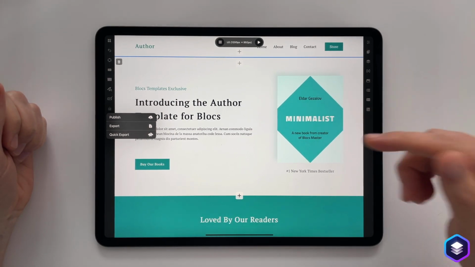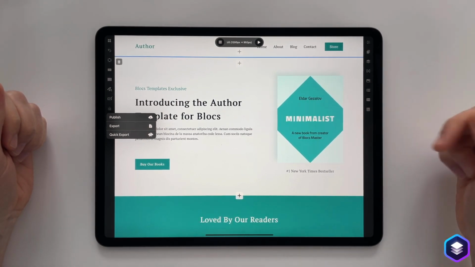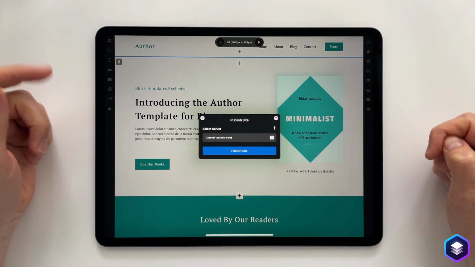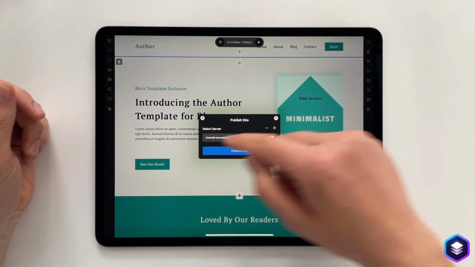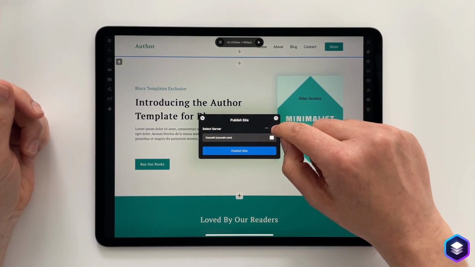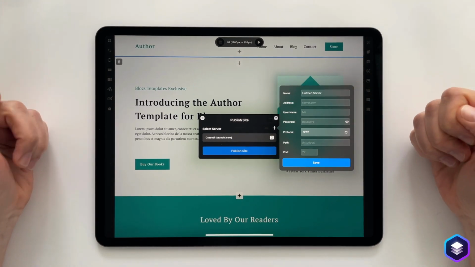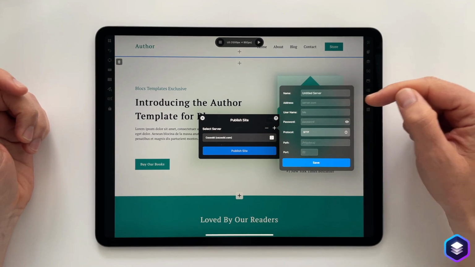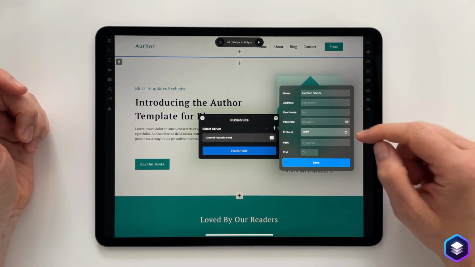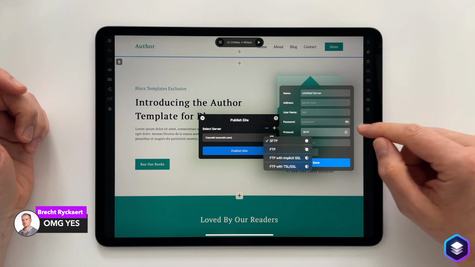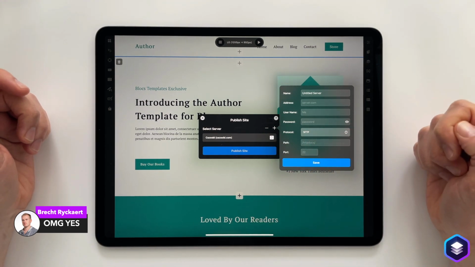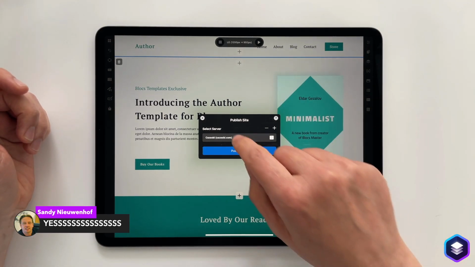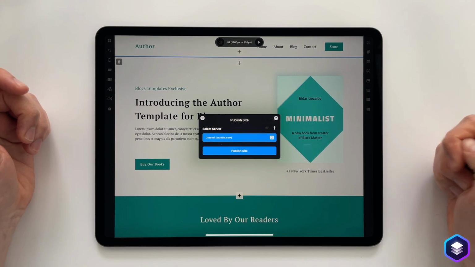So we can build, design and publish a website all from an iPad with Blocks for iPad. So if I touch the publish settings, you can see I have a server already preset here. If I click the plus button, we can add new servers. We can have as many servers here as we want stored. Give the server names, put the address of the server, the username, the password, the protocol. We support a few. The path that we want to upload the site to, and we can also set the port number. I select this server and click publish.